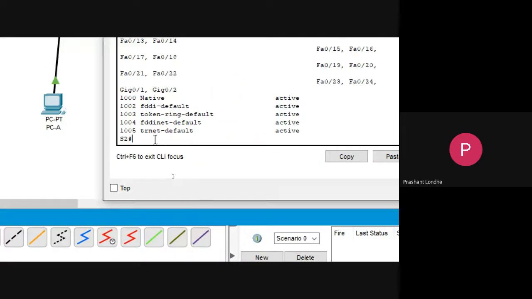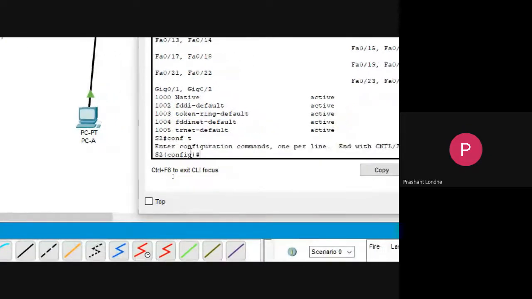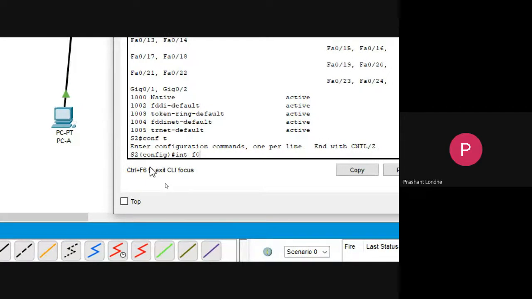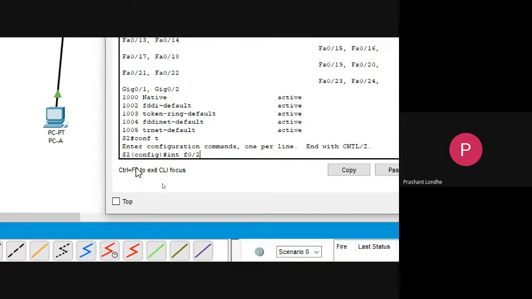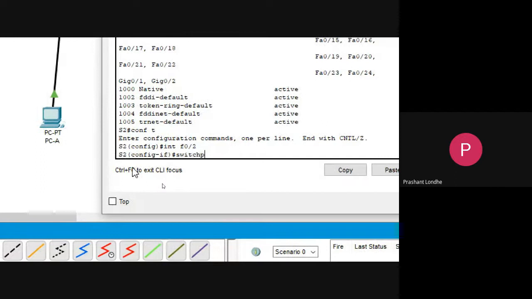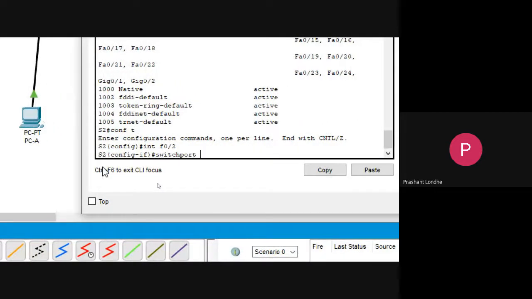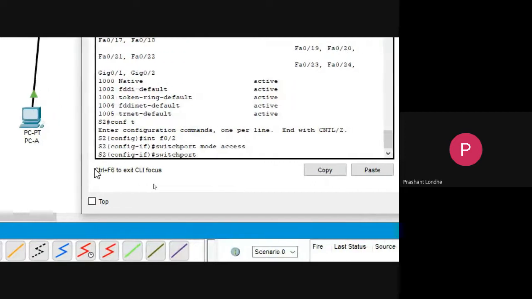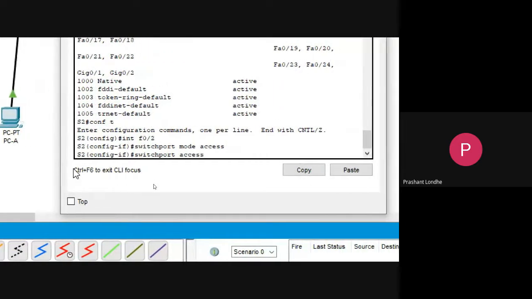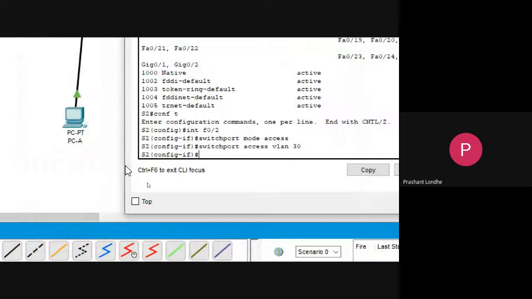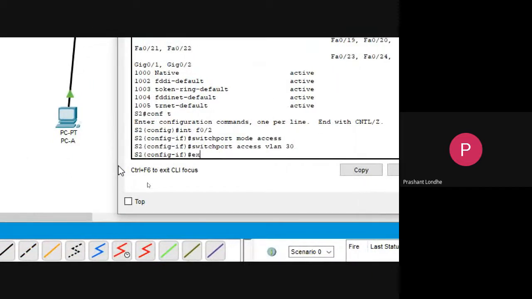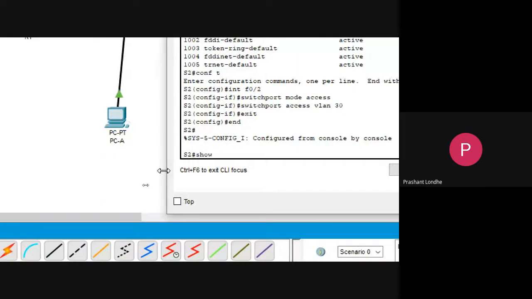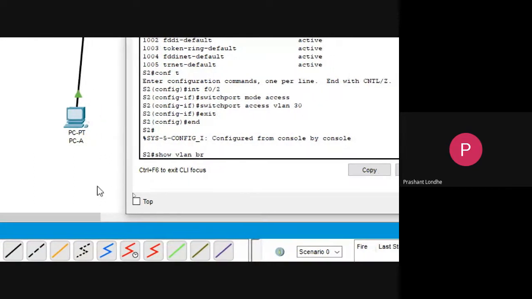Go to configure terminal, then interface F0/2. Do the same thing, that is switchport mode access, and switchport access VLAN 30, exit, and show VLAN brief.